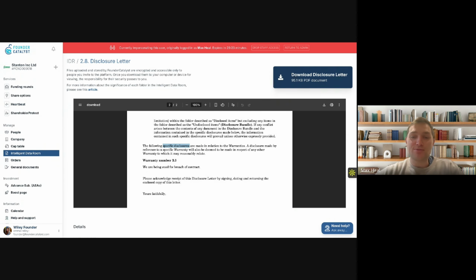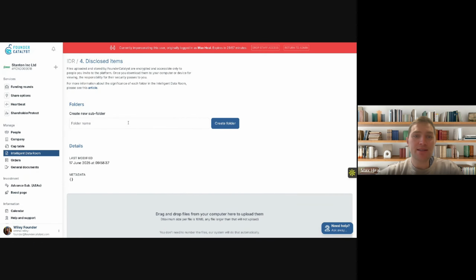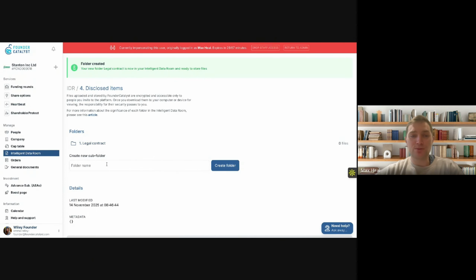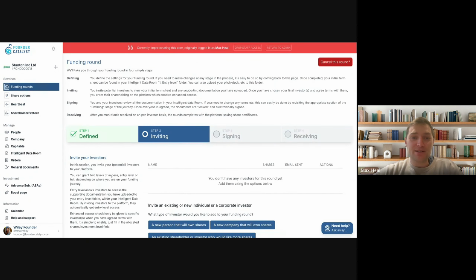Now, you may also want to reference something, so it might be an email or the contract. What I would do there is go back into the intelligent data room, go to folder 4, disclosed items, and then create the folder. So it might be legal contract, create that folder, and the platform will number them automatically. So if I click into that folder, we have folder 4.1, legal contract, and then I could drag in whatever relevant information is required. I can then go back to the funding round now,